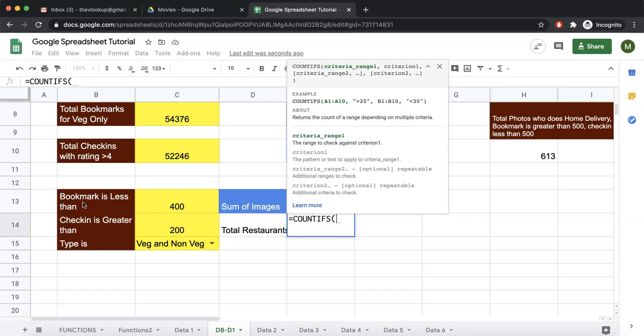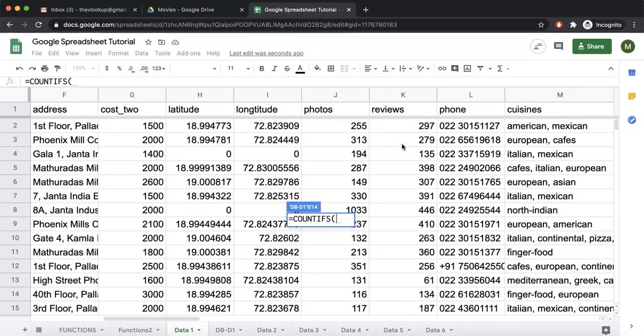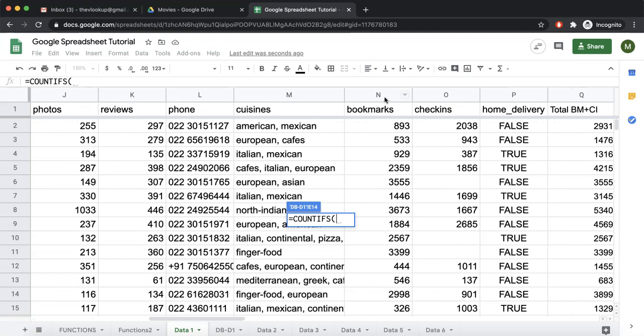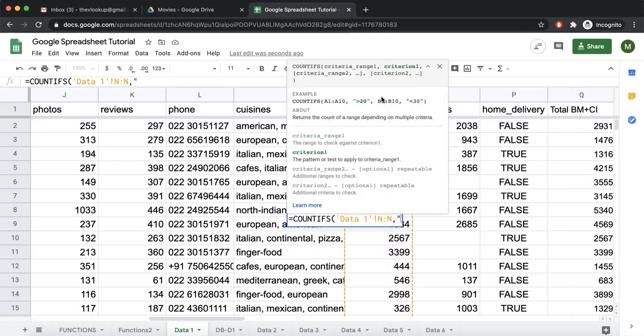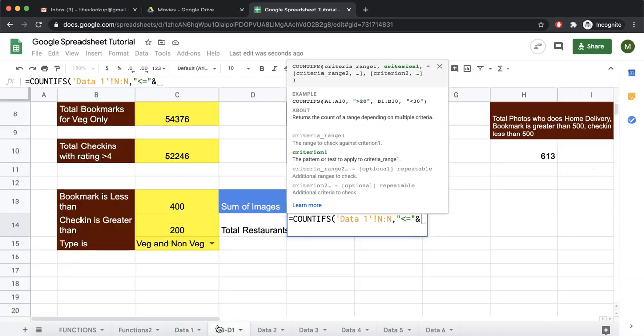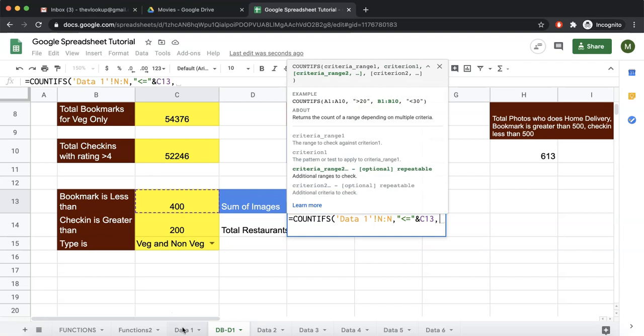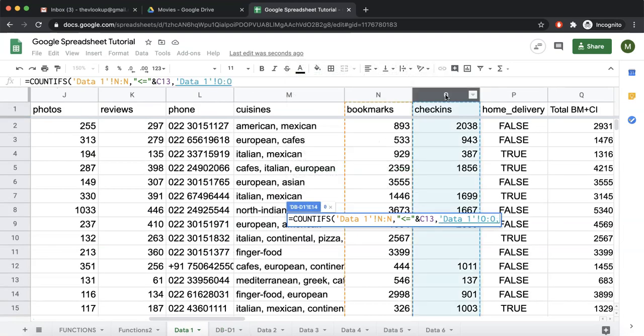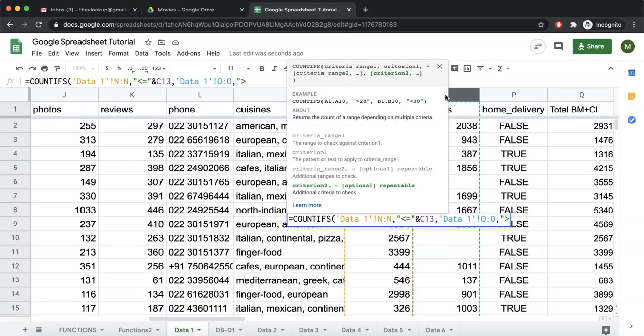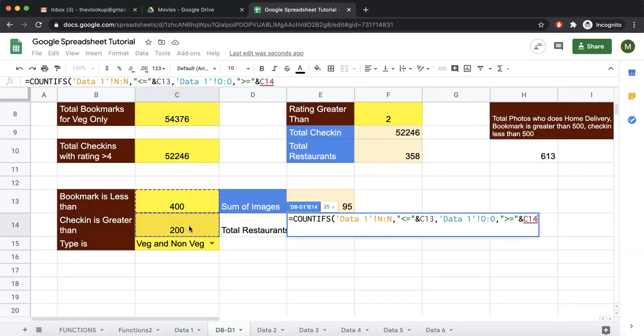So in COUNTIFS, the first range is bookmarks. This should be less than or equal to, ampersand, this value. Second range is check-in, which is this. This is greater than or equal to, ampersand, this value.